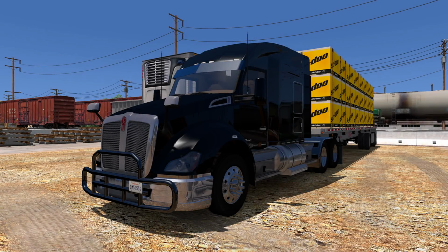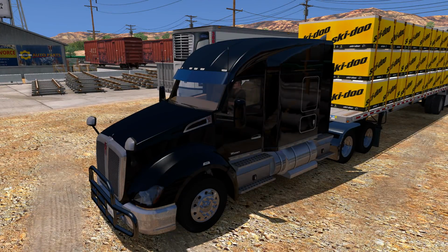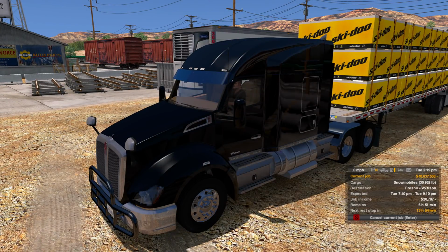What's going on, everyone? Welcome to another run here on American Truck Simulator. Today, well, it's kind of fitting for what is going on in my area. We got a load of ski-doos tipping the scales here at 30,900 pounds. Let's just call it 31,000. Now, the ski-doos here we're going to talk about, as well as the weather that's coming up, but also this T680. This is part of the